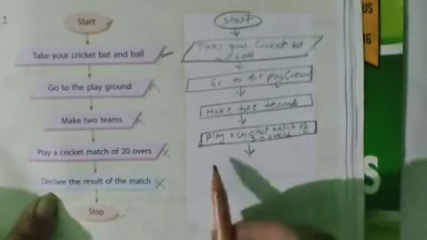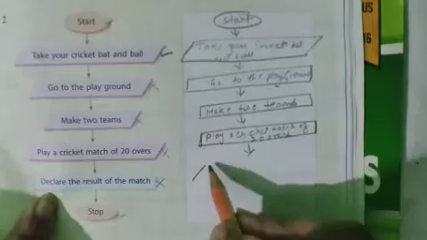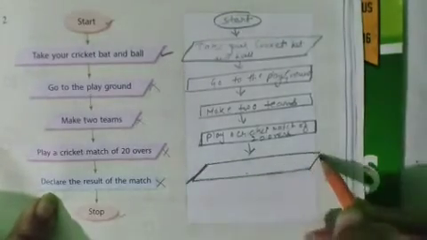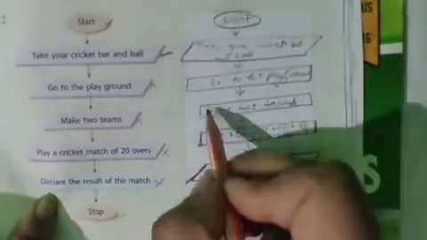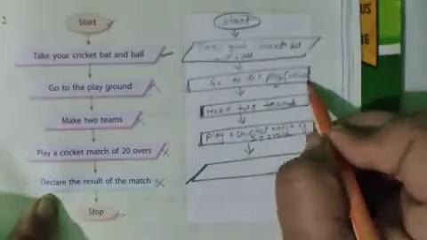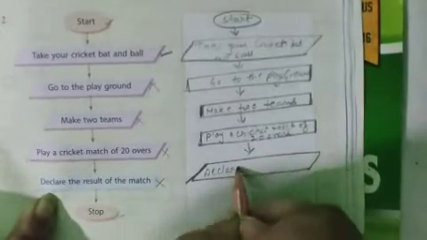Okay, then again draw this. Now we are declaring result over here. It is written inside the wrong box. Then draw this is parallelogram box. Okay, and these are the rectangular boxes. Don't get confused between the rectangular box and the parallelogram box. Okay.